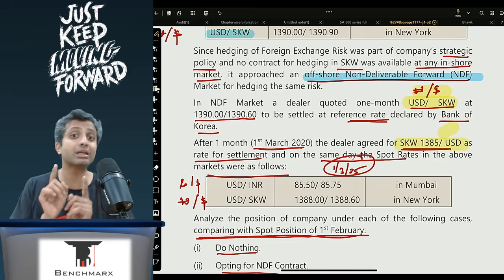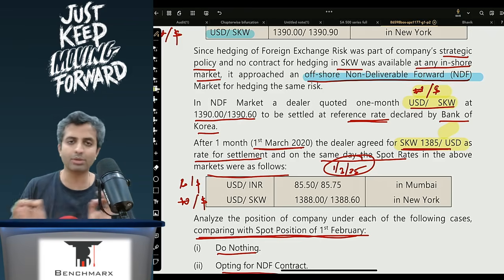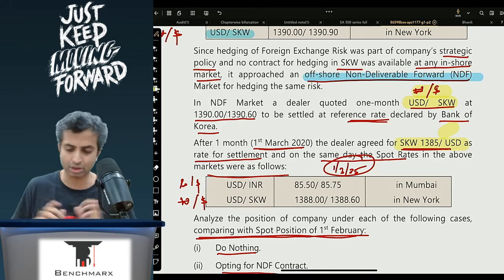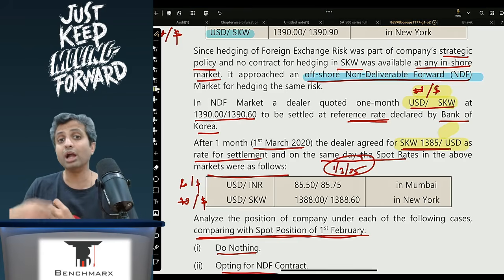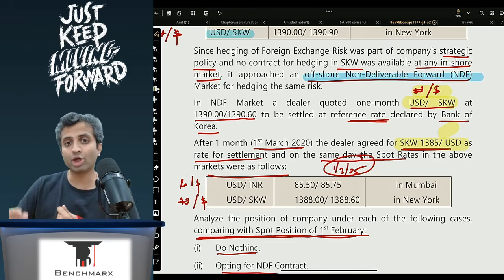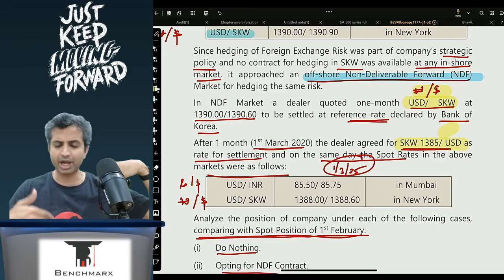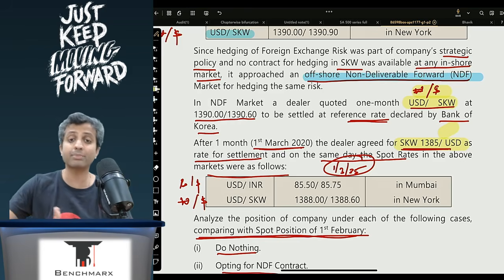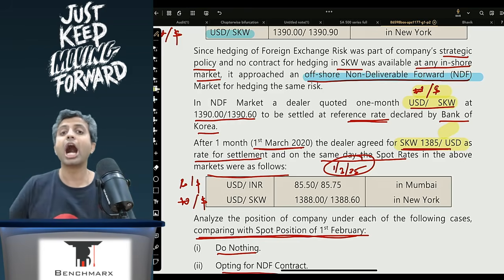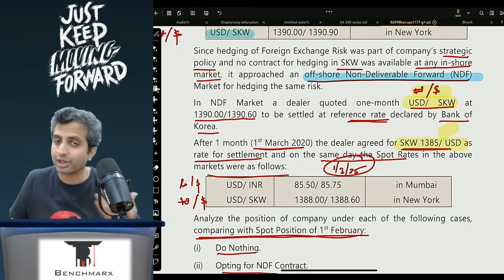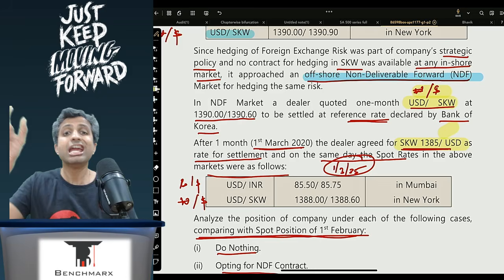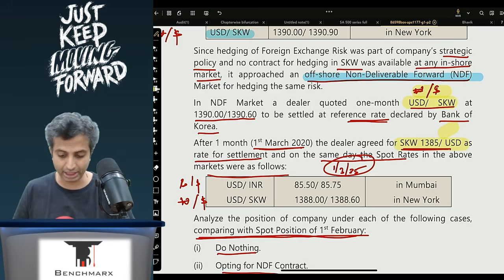But the problem over here is figuring out the gain or loss. If you're able to figure that out, whatever method you use does not really matter. So I would say that I ultimately need to pay the dollars. Initially I had agreed to pay the dollars. I can cancel it by taking the opposite position where I will receive the dollars. But how many dollars? Well, 11,900 into 1 divided by 1385.